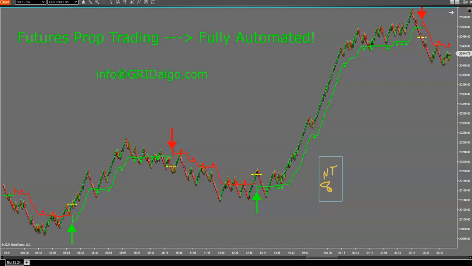I don't run one of my live prop accounts as the master account that's running with a particular strategy. So we'll call this master account 1. I'm running one style of the automation. I then connect that to a trade copier